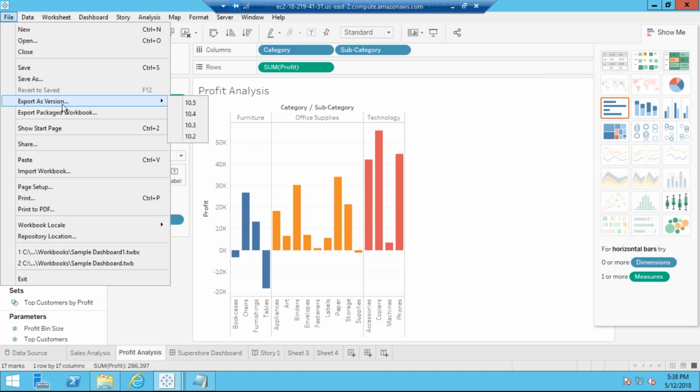Let's suppose currently you are working on a project in which you are using version 10.5. Now after that, you or your management decides to upgrade from 10.5 to 2018.1. Do you think in one instance you will upgrade your development, UAT, and production, all three environments? No, you will start with your development environment. So the development environment will be upgraded first to 2018.1.